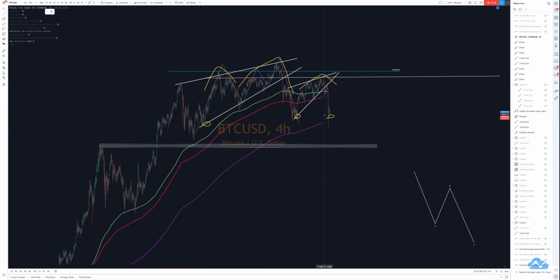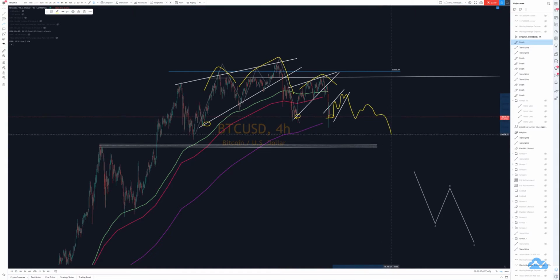formation, potentially another continuation bear flag. Don't know what it's going to look like, but I'm thinking along these lines as well. And then price pretty much gets exhausted and then drops, and then potentially down. Obviously I'm not going to get the right time scale, but I'm looking for something along those lines. What other thing supports that is